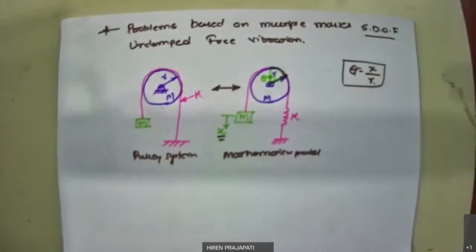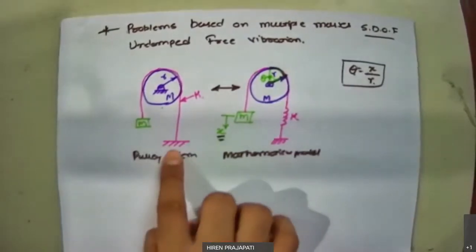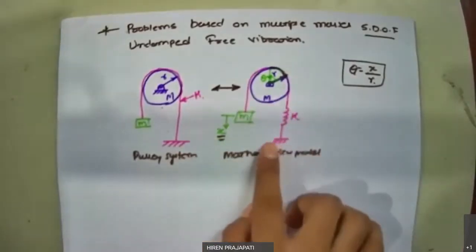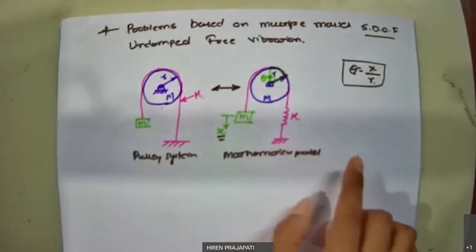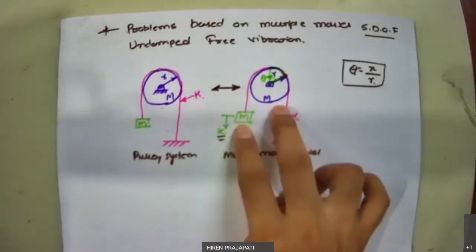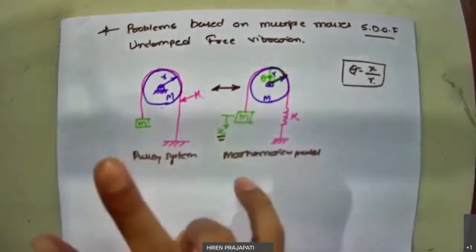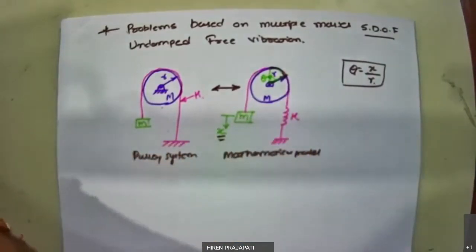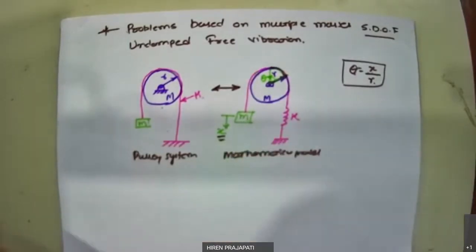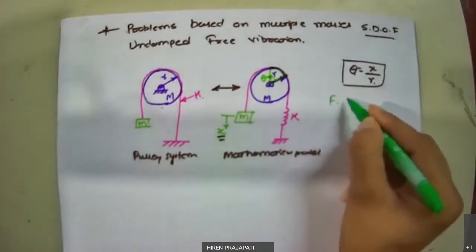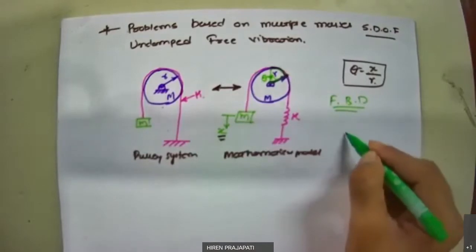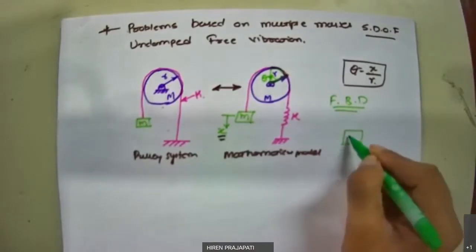So first we are going for Newton's approach. As per Newton's approach, we have already performed the first step. We have drawn the mathematical model. Next, after drawing the mathematical model, is to draw the free body diagram. If you look here, we have two masses, so we need two free body diagrams, right? Let me first draw the free body diagram of this small mass m. So now we are drawing the free body diagram, first of the small mass m.